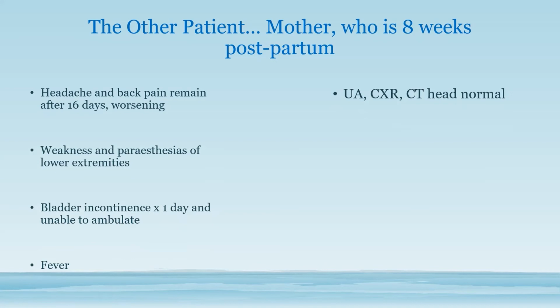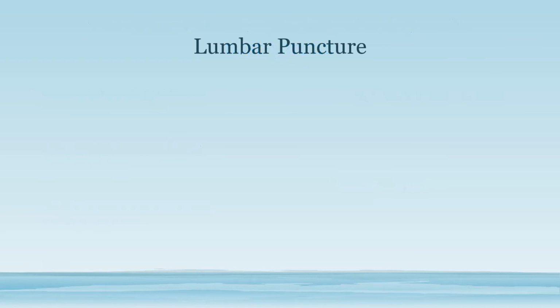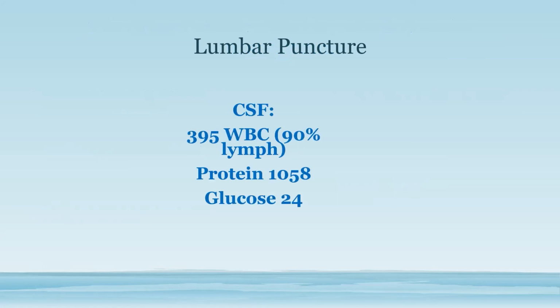She had actually been to 3 prior emergency rooms over those 4 days, where they had done things like urinalysis, chest x-ray, and CTs of the head that were all normal. Fortunately, when she got to her emergency room with the current symptoms, they were able to actually start looking for a CNS site of infection, specifically TB at this point. And so this was her LP results. You can see a marked protein over 1,000.